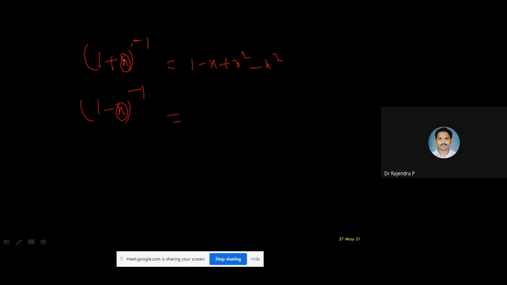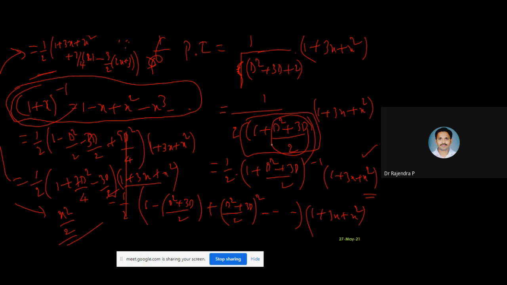Suppose I take it as a d term. Then I will get 1 minus d plus d square minus d cube plus and so on. This is the d term, then 1 plus d square plus and so on. That is the reason why you are writing it that way. In place of x, some term will come here. Understood? The lowest degree term, we have to take outside